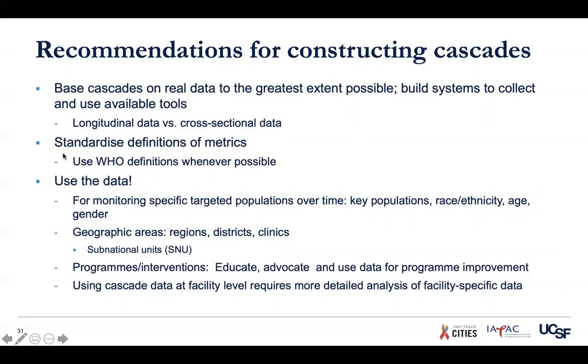Another recommendation is to standardize definitions of the metrics and use WHO definitions, like, for instance, for viral load suppression whenever possible. And for God's sake, use the data for monitoring specific target populations over time: key populations, race, ethnicity, gender, geographic sub areas. If you're working in cities, look at neighborhoods. It's surprisingly revealing. Right? And also look at the impact of programs and interventions, and using cascade data at the